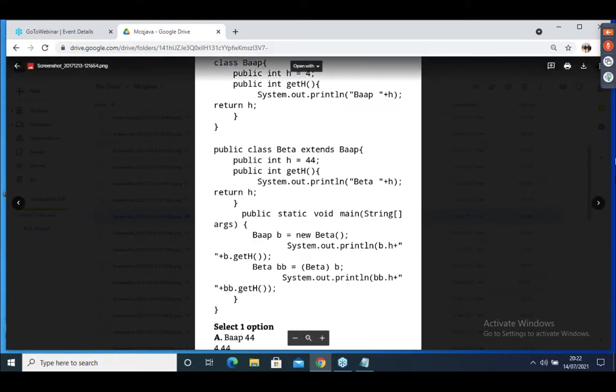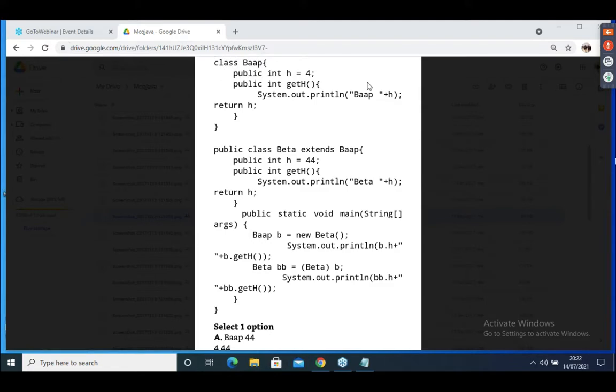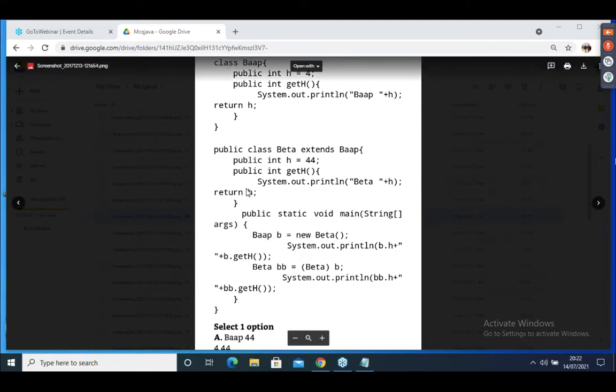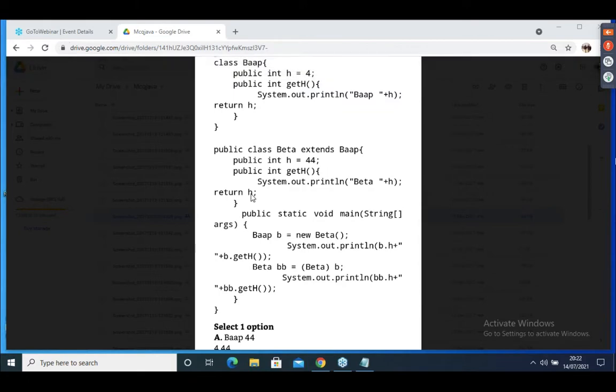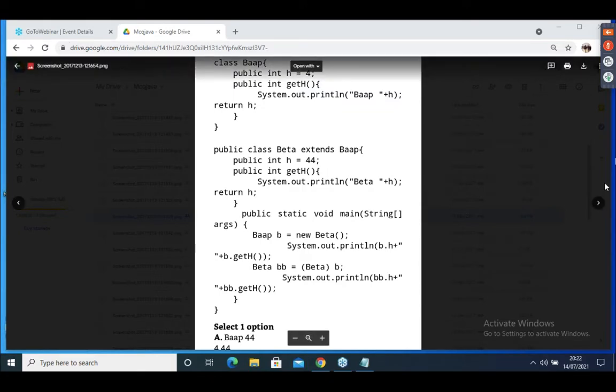Okay. Write on this first. Yes, the method has a return value. Return is there here. Okay. Write on this.